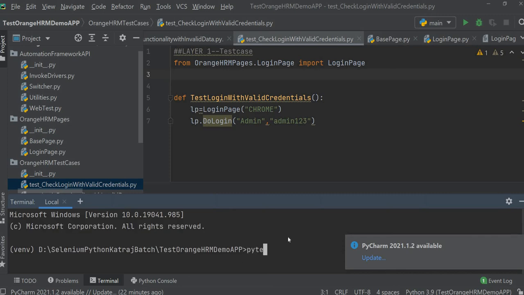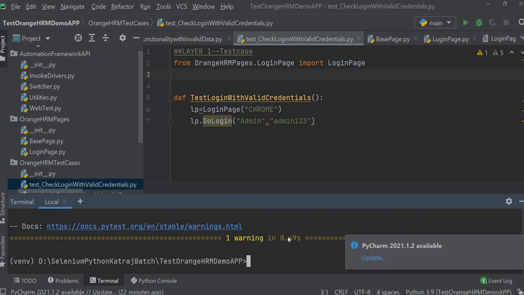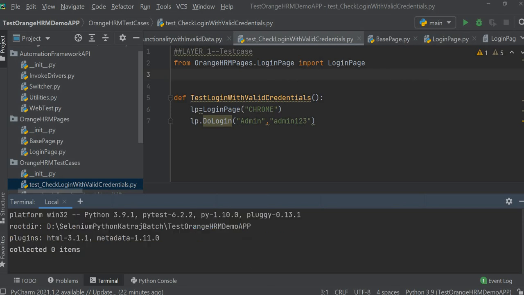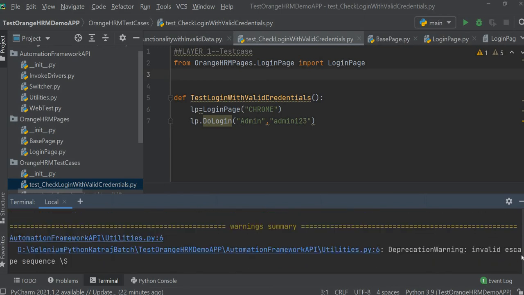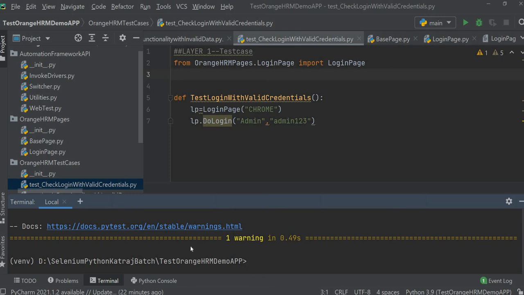So it's pytest, enter. Just a minute. Yes, I got it. I just need to be in this. I'm not in the test cases directory, right?